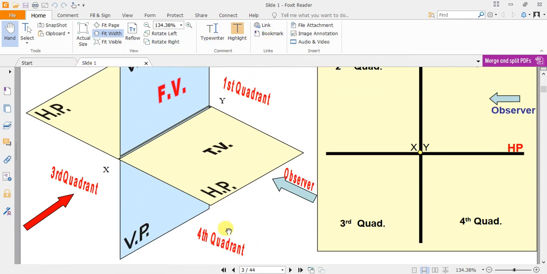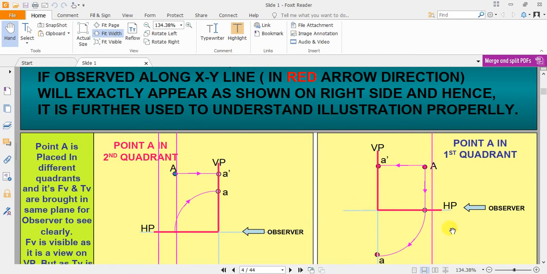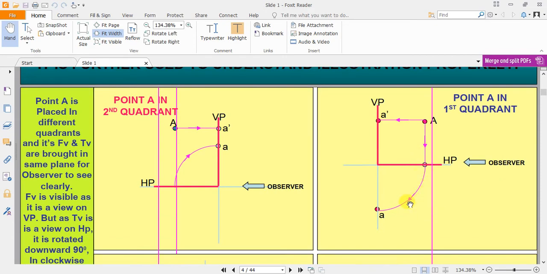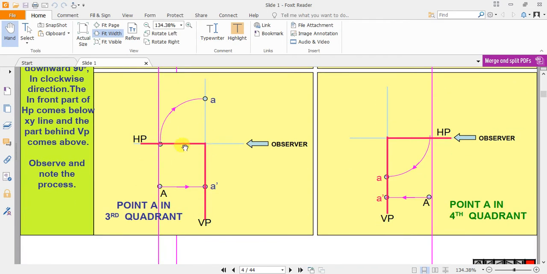Okay, single plane. This rotation is clockwise by 90 degrees. So whatever projection is made here will be projected on this side. Similarly, in the second quadrant you have point A, which is projected on the vertical plane, and when you are looking from this side you get projection A here, which will be rotated by 90 degrees. So the projection A will be on the vertical plane only, right?